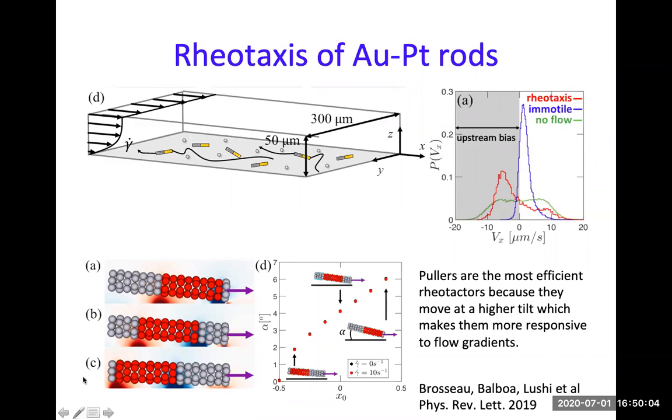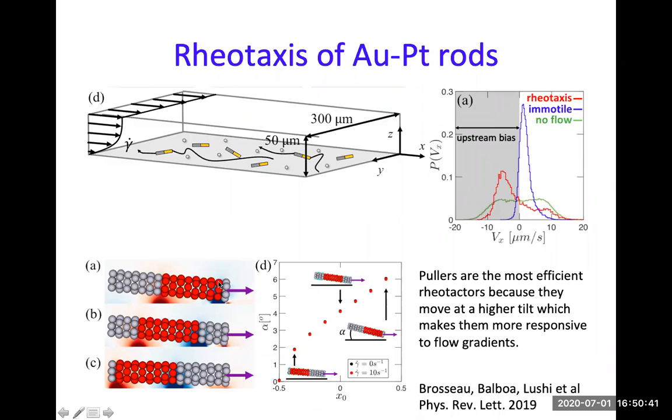And if you have motile swimmers and flow, they will swim against the flow. So that's rheotaxis. And so these artificial swimmers also do rheotaxis, and this has been known. But which ones are most efficient? If you need these swimmers to do particular work, which ones will move faster upstream? And, not intuitively, it turns out the poolers are most efficient. So if you are designing swimmers that you want to get upstream faster, you have to pick poolers, that would be long gold.